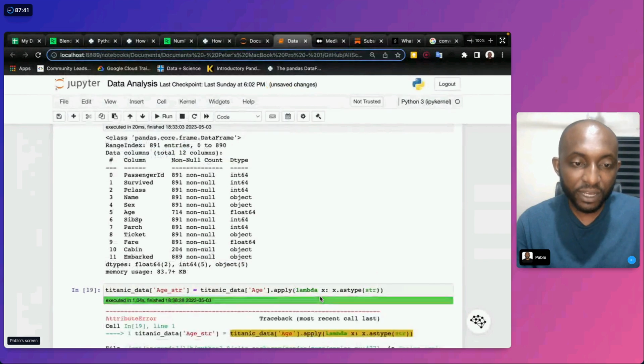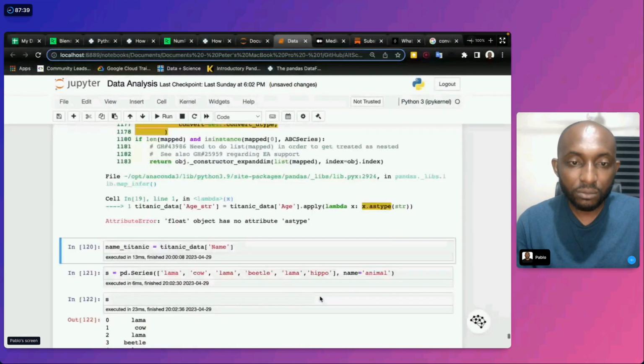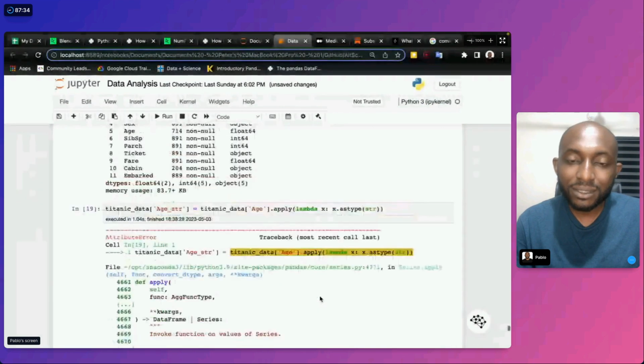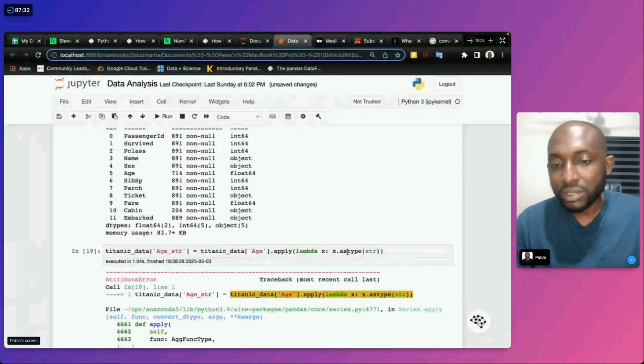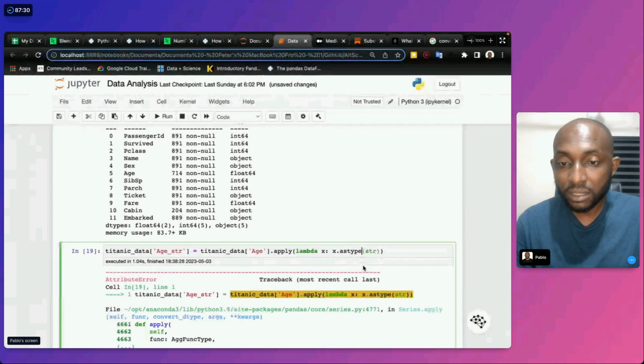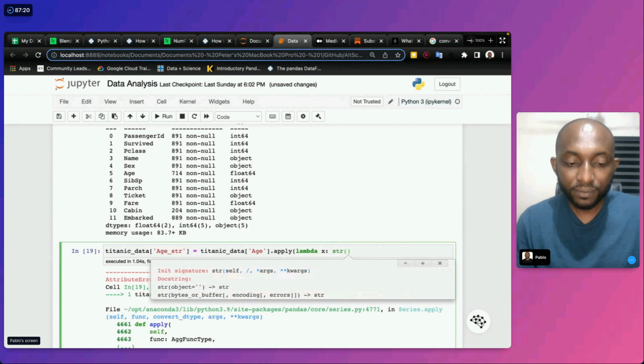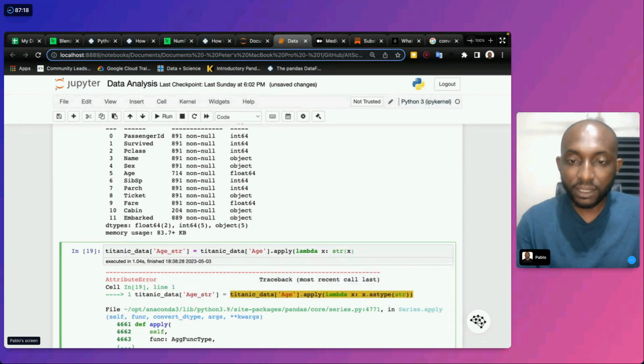That should convert this. Oh, the float has no attribute astype. We could basically say str, which is string, open bracket. Again, that's another way I could look at it.